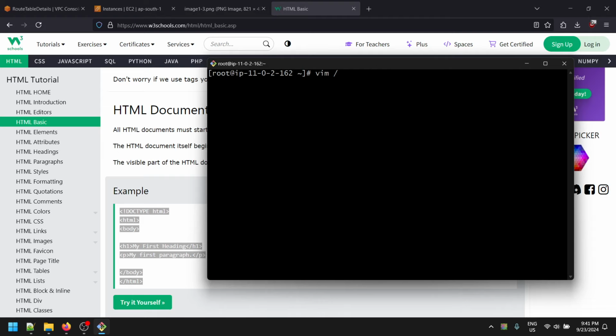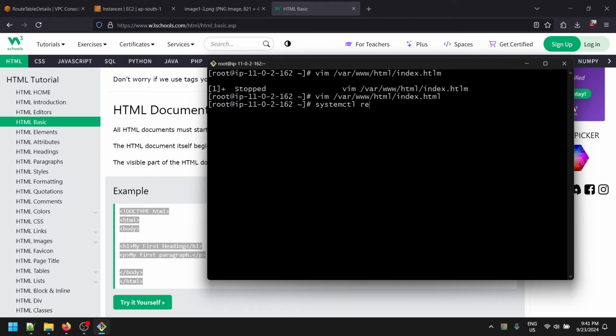So let's go to vim /var/www/html/index.html. I made a misspelling mistake. HTML. Yeah. So just go to this page, paste this content, and